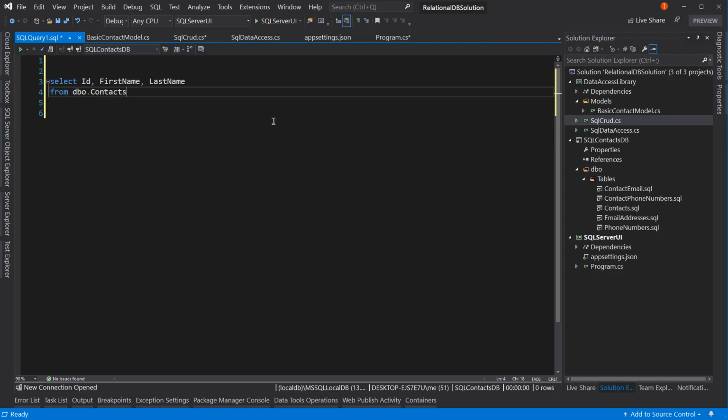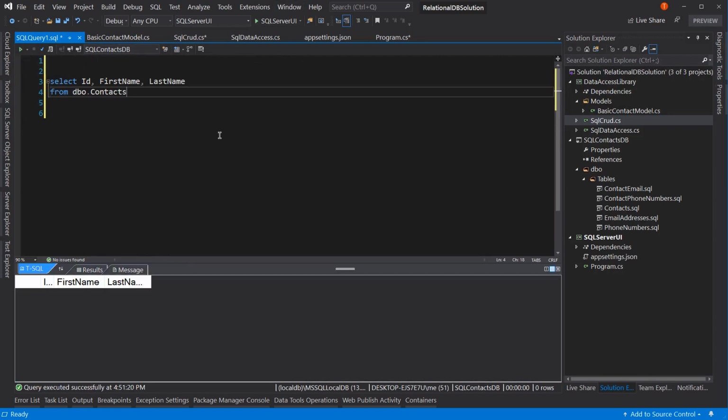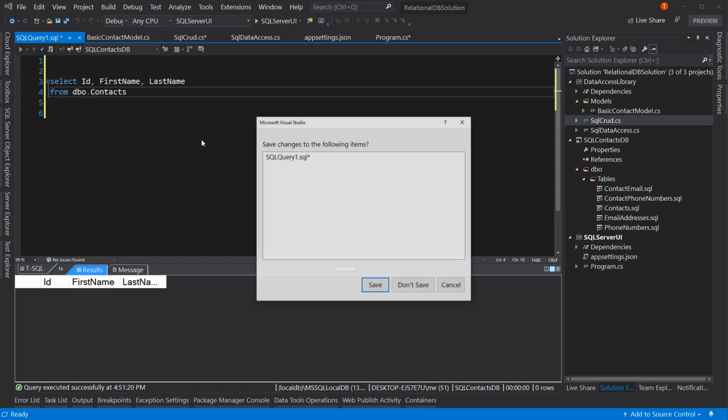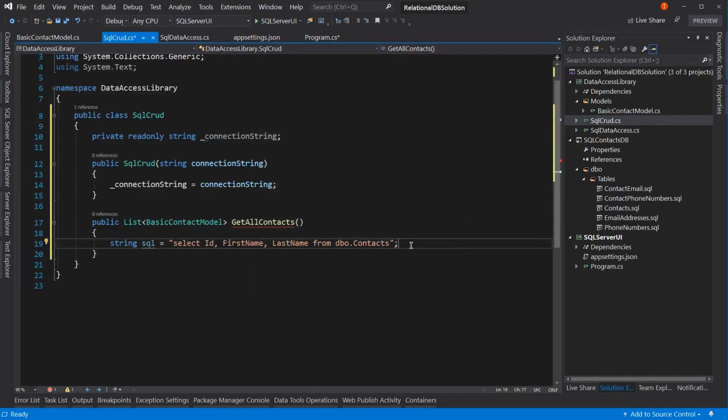And then you can hit the little run button here, which is Control-Shift-E. It's not F5. That's to run your application. You run that, and it returns values, but it returns 0 rows. We don't have any data there yet. That's okay, but it does work. Okay, so there's our SQL statement. Now we need to make a connection